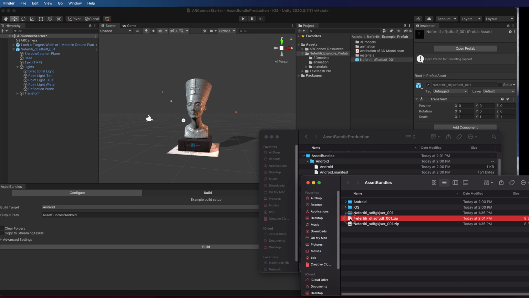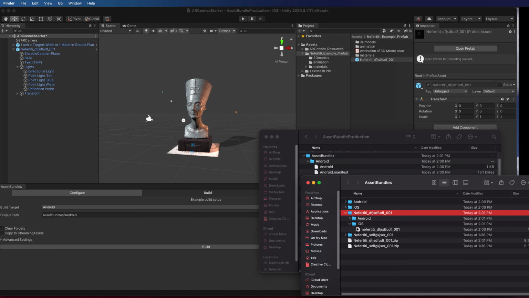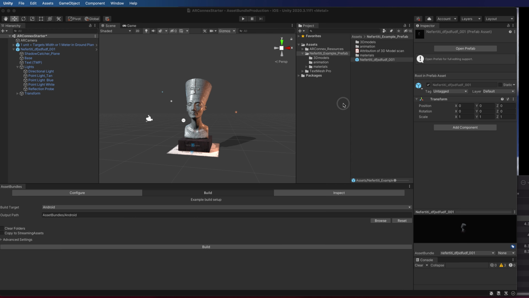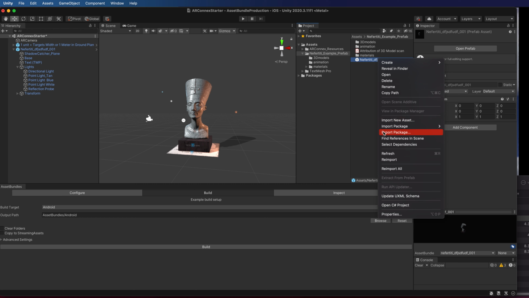And then if you were to extract this file, what you'll end up with is your iOS version and your Android version. And that's what we're going to be uploading to ARConnex. And so to back up your PSD type file, you have your prefab here. You can simply export this as a